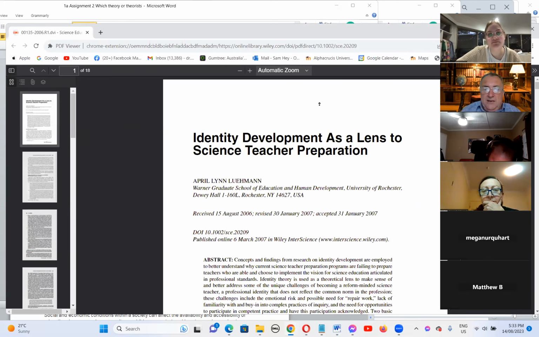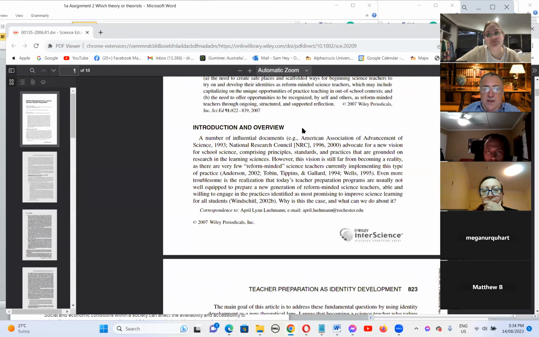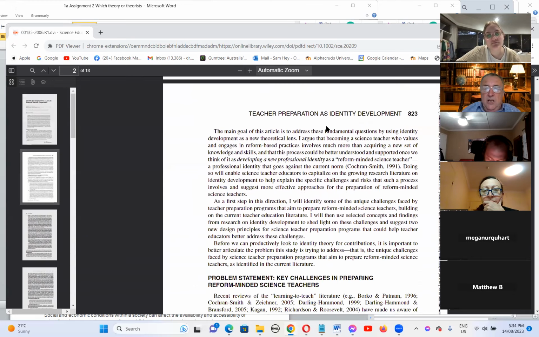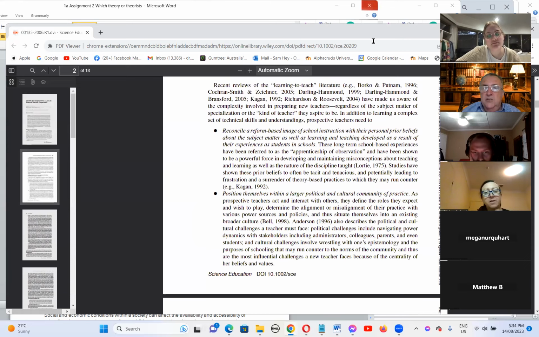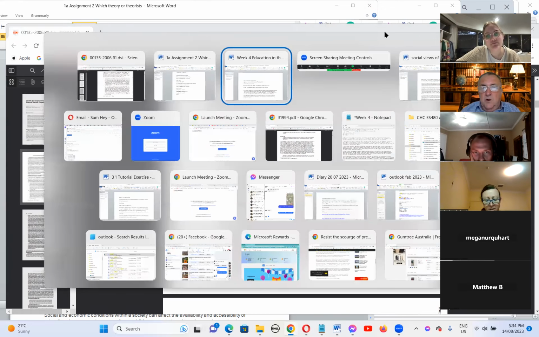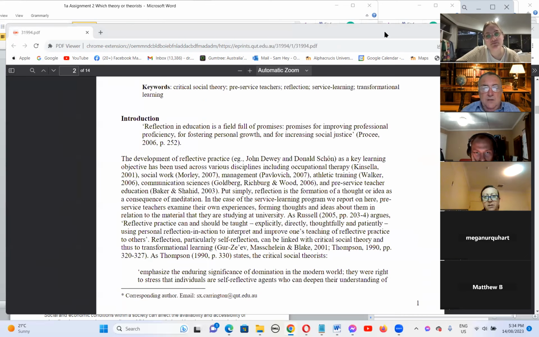One of them was Identity Development as a Lens for Teacher Preparation. And this looked at the way in which a number of documents point to the ways in which social settings shape the sense of identity of teachers and students. So I thought that was quite a fascinating article that I started to read a bit of.